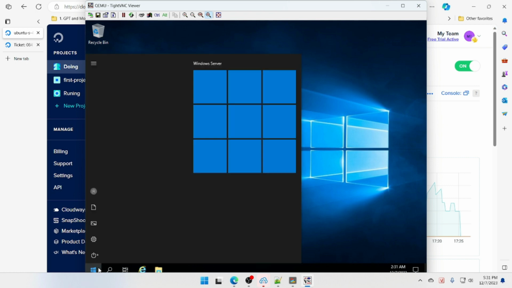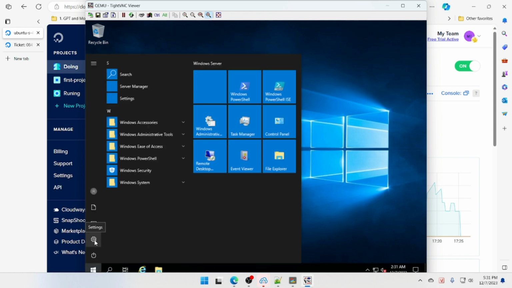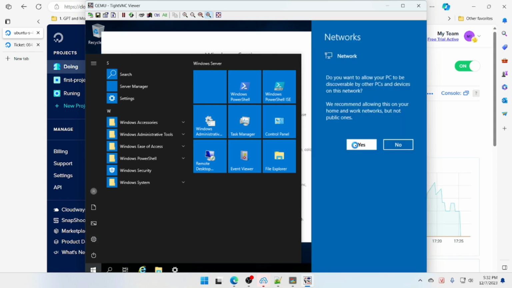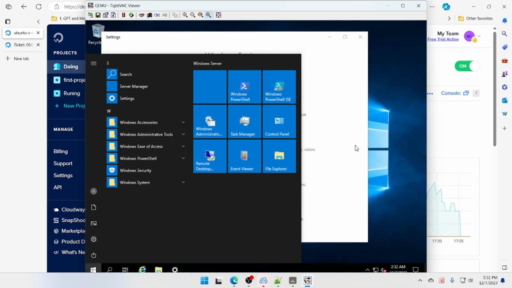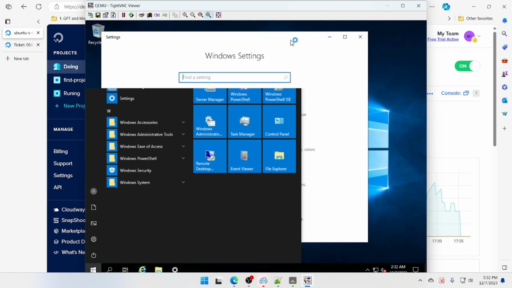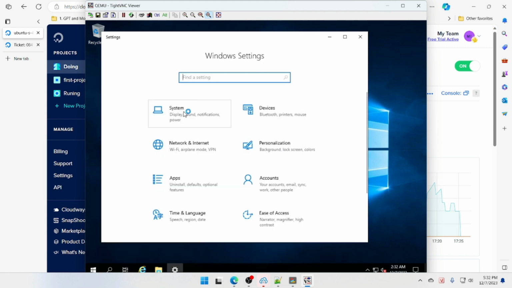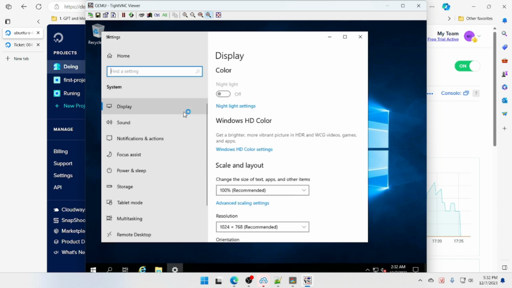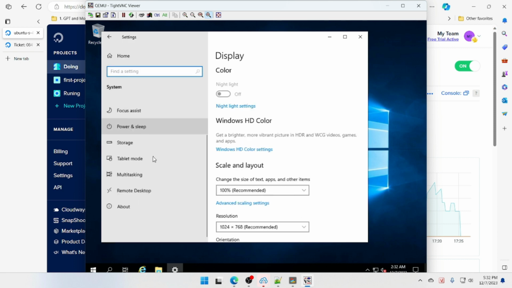Now, you need to set up some parameters for easy use of Remote Desktop to manage your VPS operating system. First, enable Remote Desktop. Second,